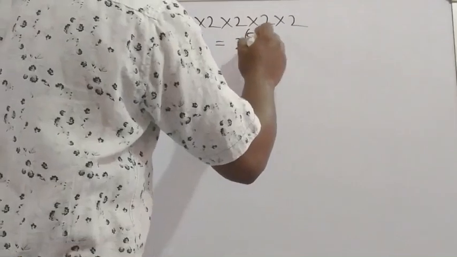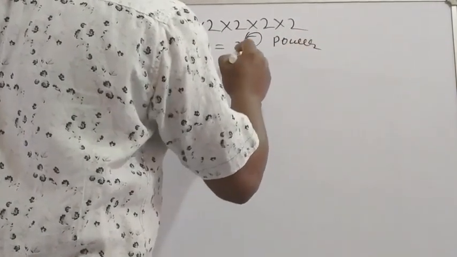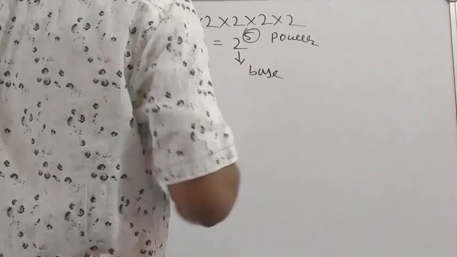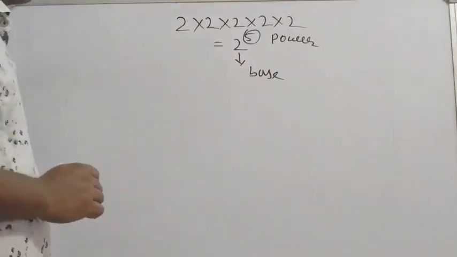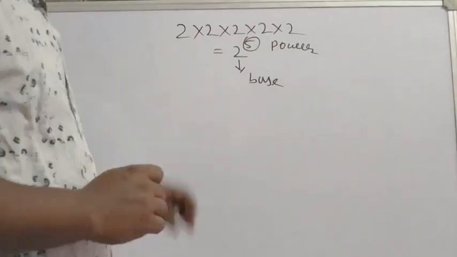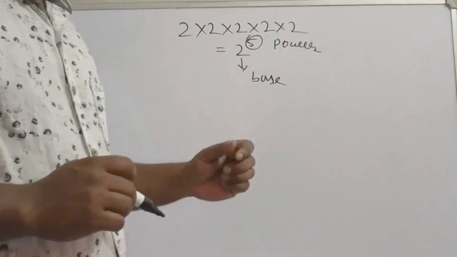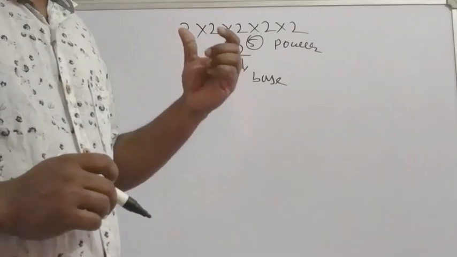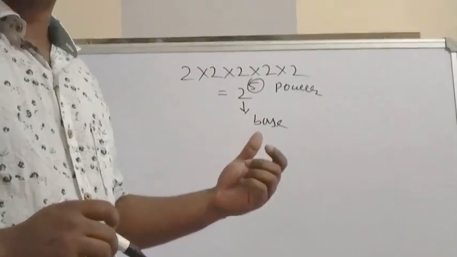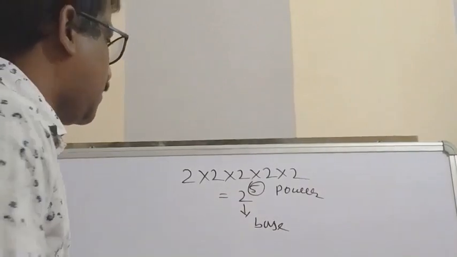Here 5 is called the power, and 2 is called the base. So 5 is the power, 2 is the base. This is the fundamental thing about exponent. Now I will explain some formulas related to this chapter which are very important. They are not required to be remembered. Just understand them, the concept should be clear, so that whenever any type of exponent problem comes, you can do it. So first, understand the formulas I am explaining to you.